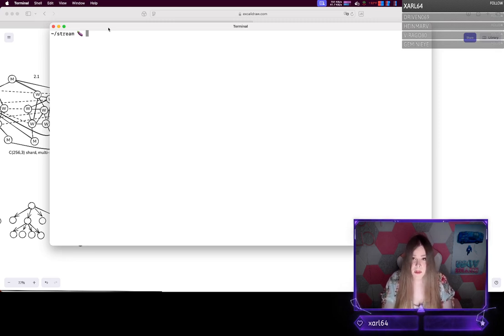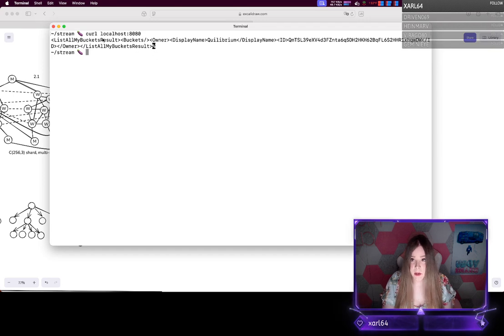All right, so I have the local S3 API running, and if I were to interact with it, I've already set up an authentication key for it, so that particular step of the process is pretty straightforward. You just configure that when you're interacting with the API. I have it exposed currently through localhost 8080. When I curl localhost, it lists all my buckets and gives you the name of the account and the associated ID, which is the public key. And you can see right now there are no buckets.